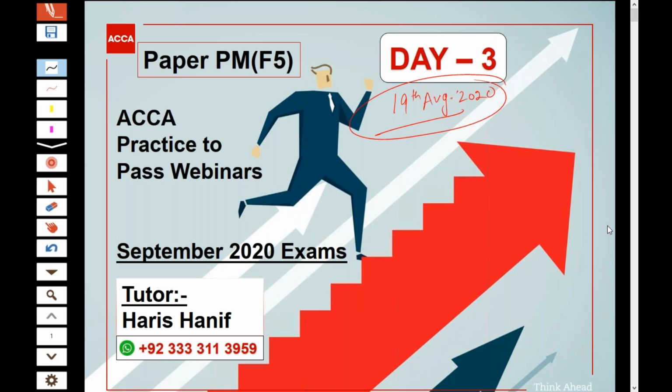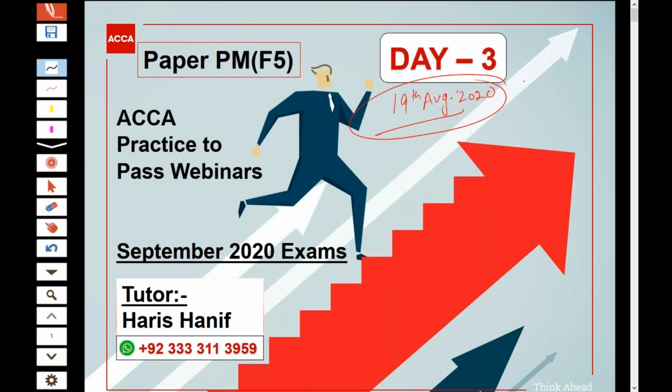And now we are in a position to finish this performance measurement section. In day 2, we had discussed balance scorecard, building block model, value for money, and I also shared the answers of those questions with you people on WhatsApp group, and the writing skills and the writing tricks were same as we learned in day 1. So the section performance measurement is very important because approximately 20%, that is 1 CRQ, is usually examinable from this section.